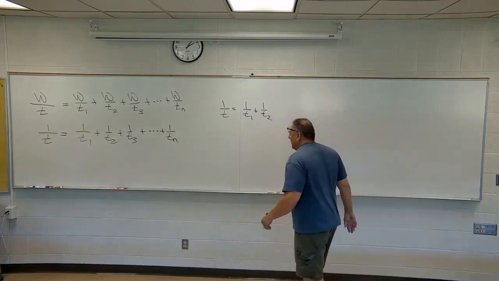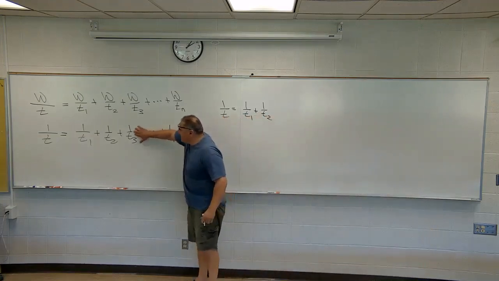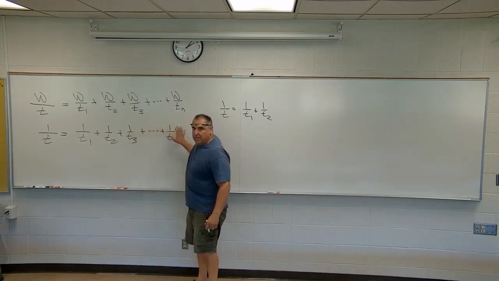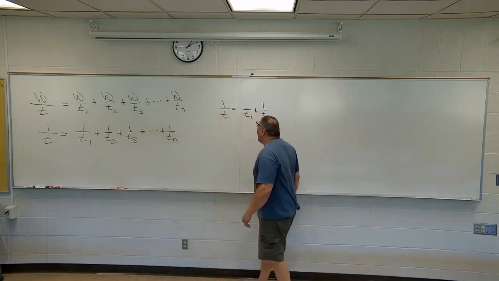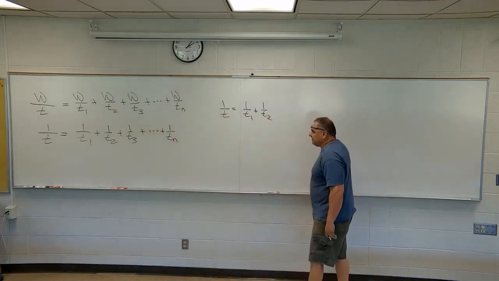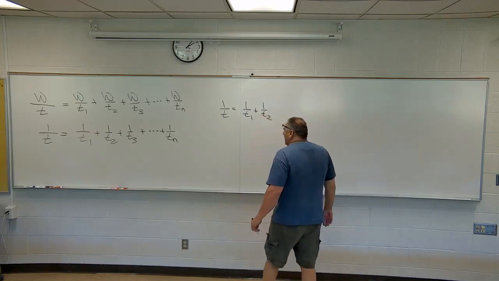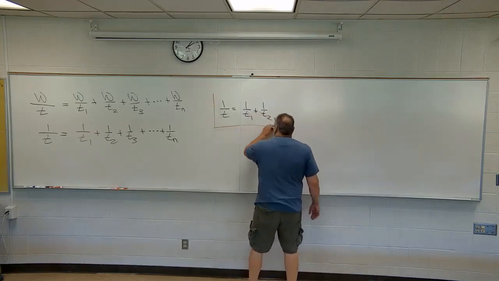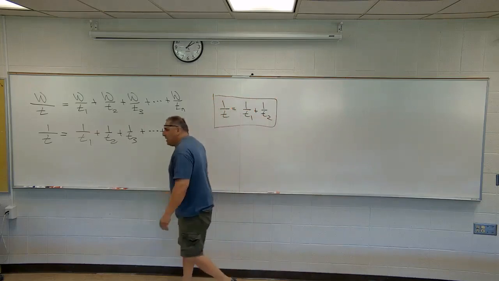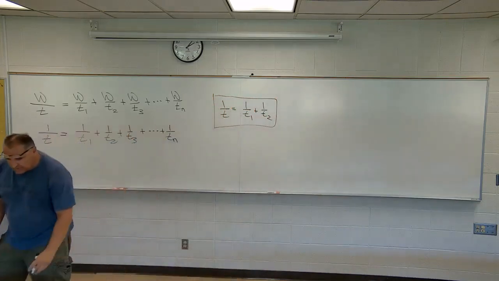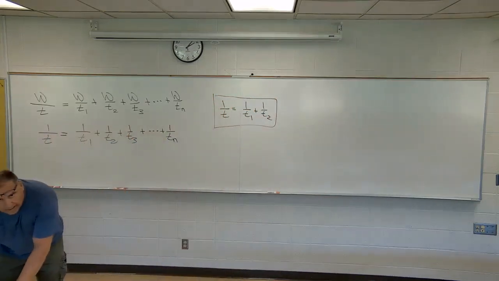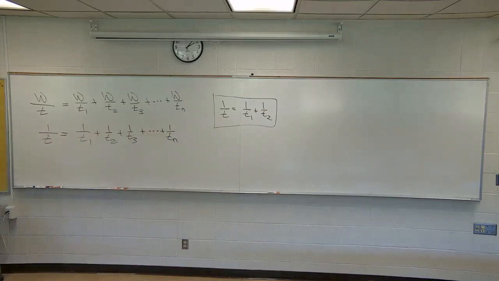If there's 3 people, it's this. If there's N people, it's however many it is. Now what? Well, let me use this one. This is the special case we're doing. We're talking about her, we're talking about him. Let's say the amount of time is X. So what we have